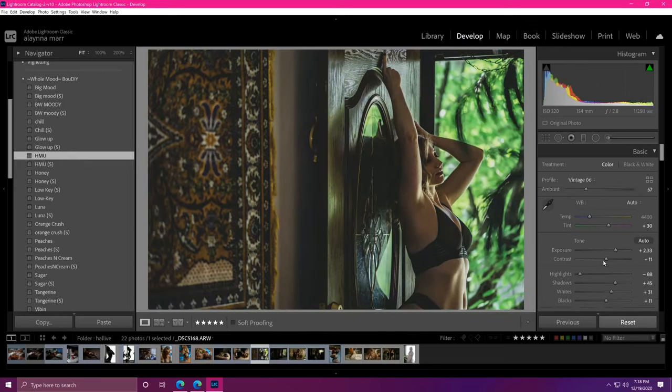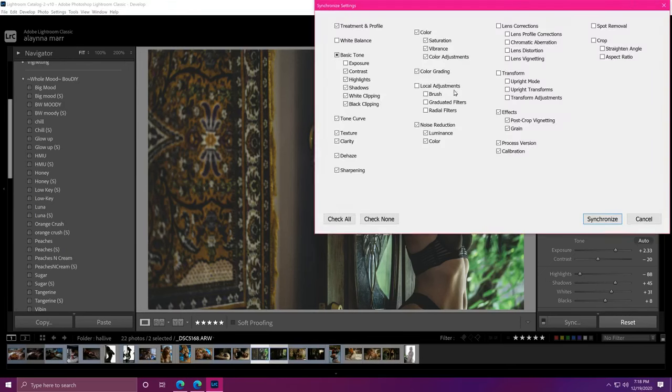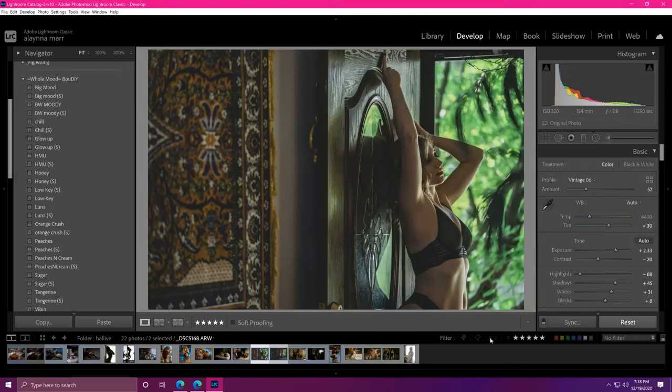Okay. So once you have what you like on one image, if you have one that's similar, you can simply hold your control button. I don't know what that would be on Mac. Somebody help me out. But you hold your control button and you can click another picture next to it. Okay? And then you do sync. I do not have the exposure set or white balance, but you can click those to have them be the same. And I just sync that, and what that's going to do, if I go to this